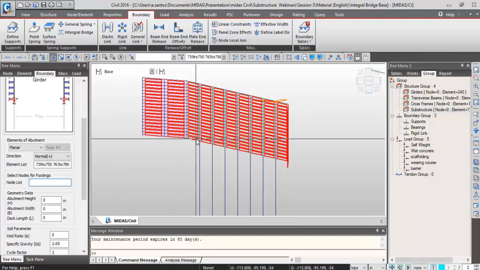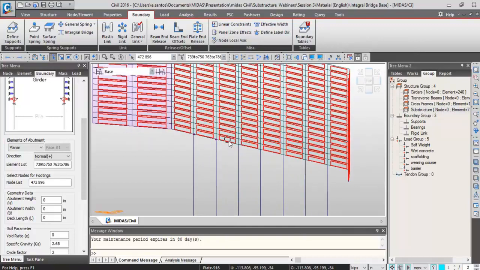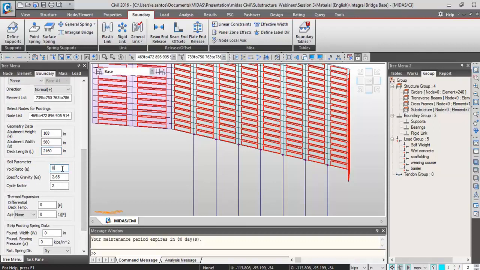The nodes for the footing are the nodes that are assigned at the bottom of the abutment, which are this one. Then from here, I'm going to define the height of the abutment, the width of the abutment, and the deck length. Obviously, these parameters are going to change for different projects. Then we have the specific gravity, the void ratio,